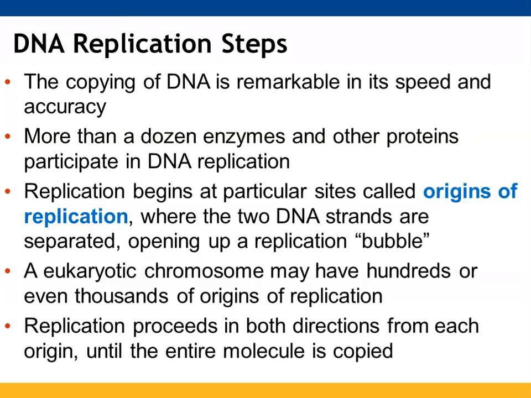So replication is pretty amazing given how fast it happens and how accurate it has to be. There are lots and lots of enzymes and proteins involved in the replication process. We are definitely not going to hit all of them. We're going to hit a few. Replication begins at these sites known as origins of replication. The DNA strand opens up and starts a bubble. Eukaryotic chromosomes, because they are super duper long, have lots of these origins of replication,